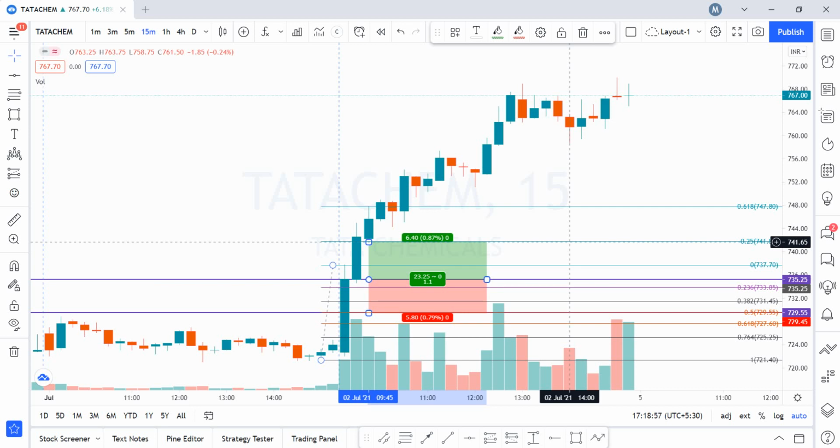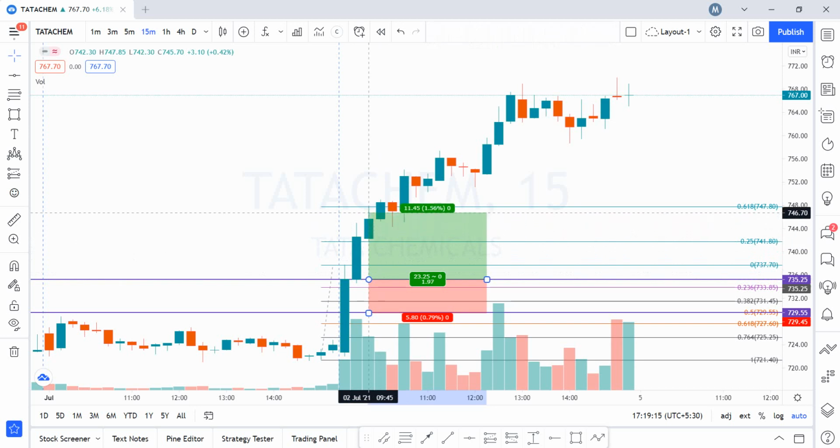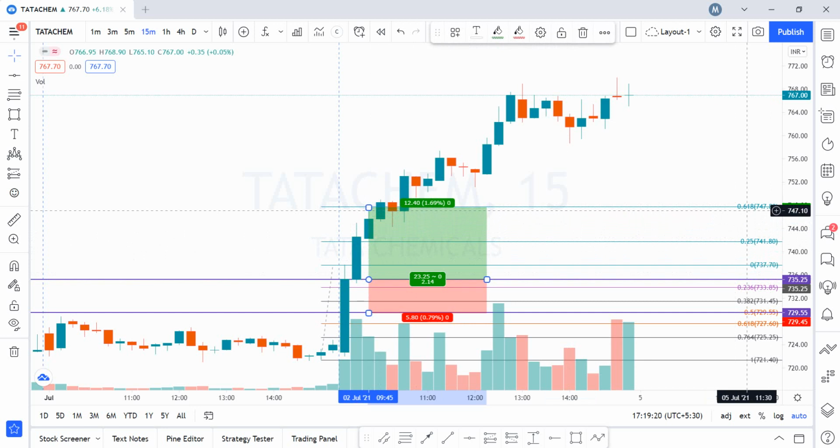De-risking means either you partially book 50% of the position as profit, and for the remaining 50% we trail our stop loss near to the cost and let the trade run. For the remaining 50%, you should be looking for a 1:2 risk to reward ratio, which will come somewhere around the 0.618 or 61.8% Fibonacci extension. So the moment you draw the Fibonacci, you get the stop loss level, your first target, and your second target as well.